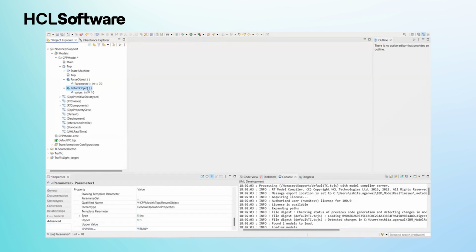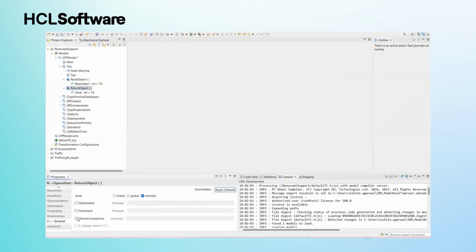For the second operation, return object, we see that here when we set declare exceptions to true and we specify noexcept as true, that would mean that this operation cannot throw any exceptions. Now, if I just try and build it,